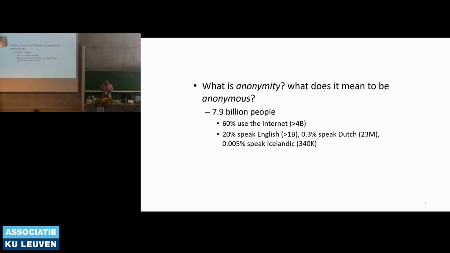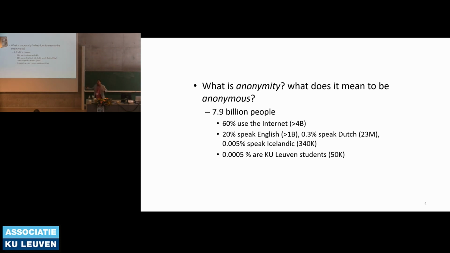And suppose you are browsing the web from KU Leuven campus and you are using the browser in English or Dutch or Icelandic, then you have a different distribution, like 20% would speak English, 0.3% would speak Dutch, and 0.005% would speak Icelandic. And then you are accessing from KU Leuven campus. So suppose you are a KU Leuven student, then what is the...